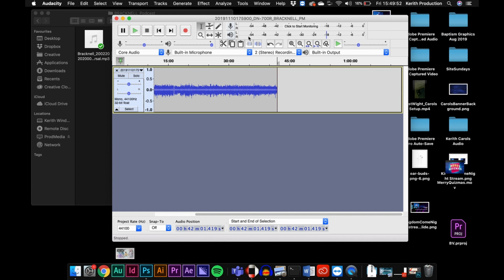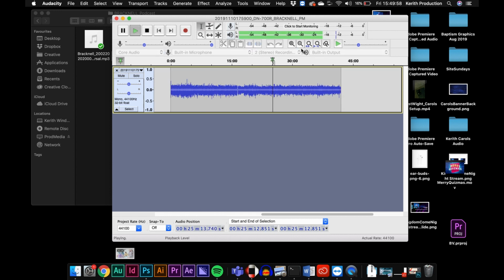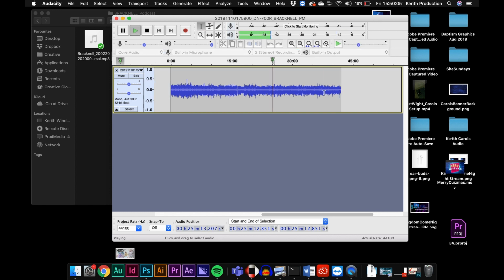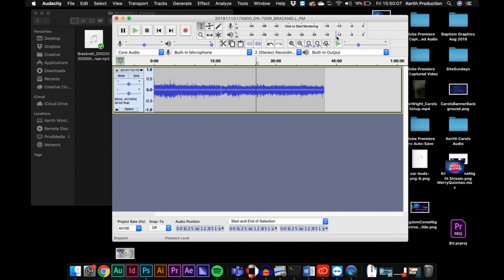A next little step which is helpful to do, you can see up here we've got an audio monitoring section. So when I play it, it will show the level of the audio coming in. We want our audio to be about this -12 point. You can actually see there it shows where it was when I paused it. If you need to adjust it, maybe make it a bit louder or a bit quieter,